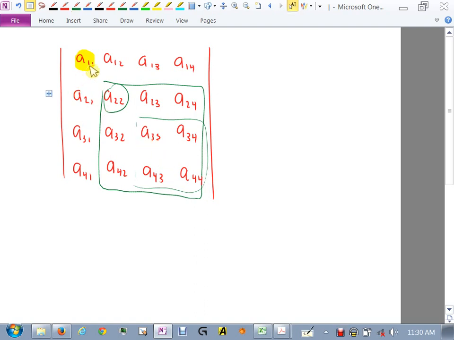Yes, because each one of these 4 things is now its own 3 by 3 determinant, right? Because I'm covering up this column, this is the only 3 by 3 there, right? And then when I go to the next one and I cover up this column, then the only 3 by 3 left is these two, these and this, right? And then I go to the next one. You see it? It's a pattern.